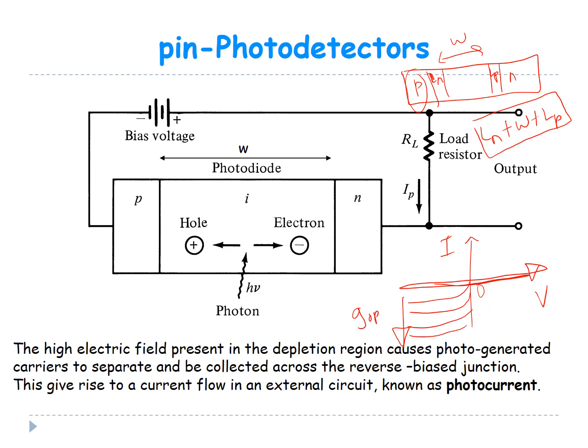So the width of the depletion region here is also very important. And just like in solar cells, you can lightly dope one side. You can use a P minus N or a P N minus junction to increase the depletion width. But even if you do this, you will find that for photodetectors, the most important thing is the